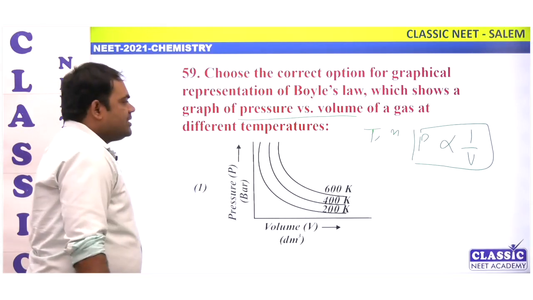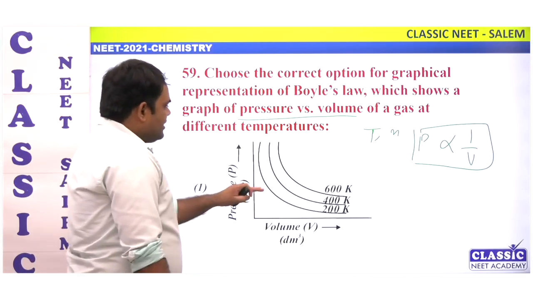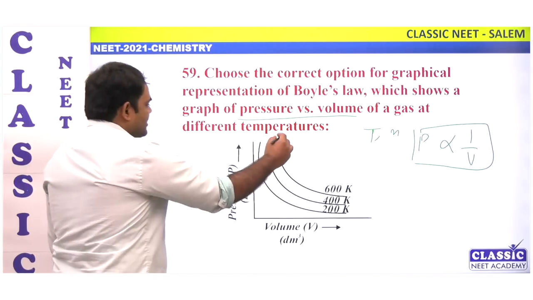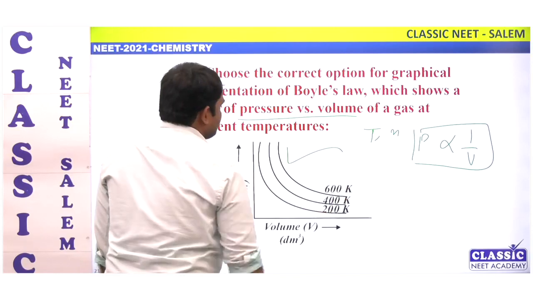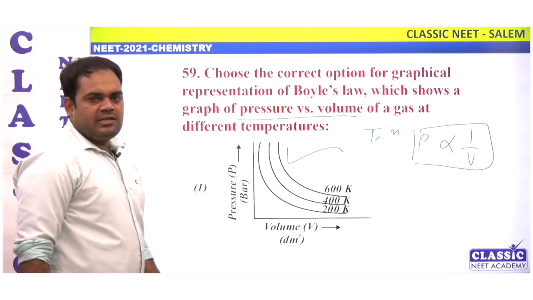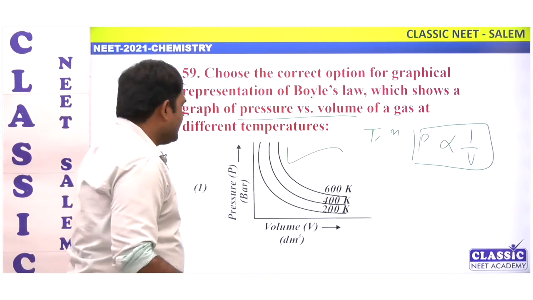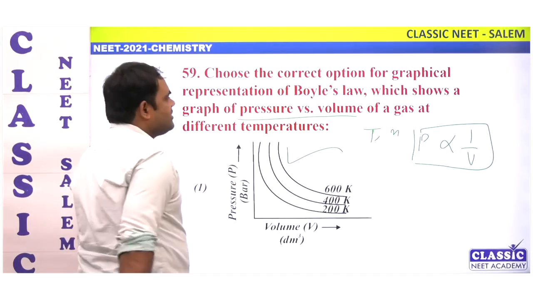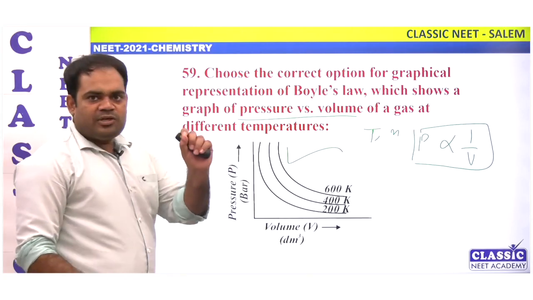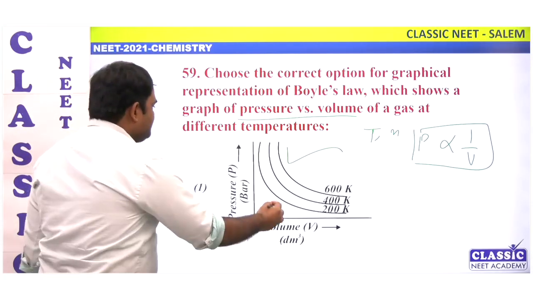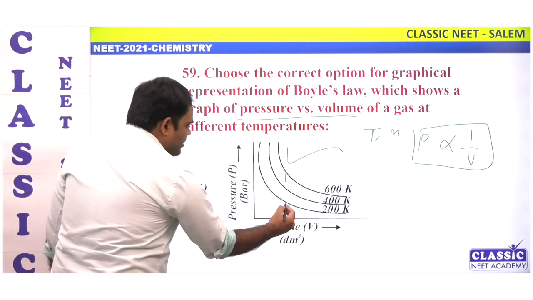So he is asking which one is correct for that. So that is the correct graphical representation for this one. The first one itself is the correct answer. Look, if students have a confusion, actually that is not a concept of Boyle's law, but when you apply thermodynamics here, you can just put a vertical line.